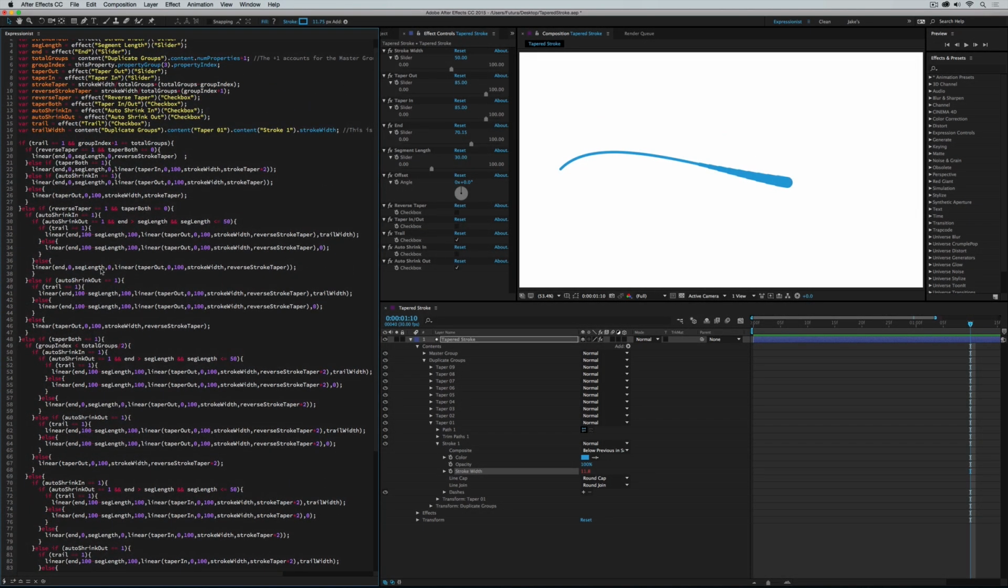The expression itself is pretty simple. It's just checking to see if a checkbox is checked. And then in this instance, it's seeing if auto shrink in is checked. And then the third level is to see if auto shrink out is checked. And then check to see if trail is checked. And if all of those things are checked and all of the conditions are met, then apply this linear interpolation